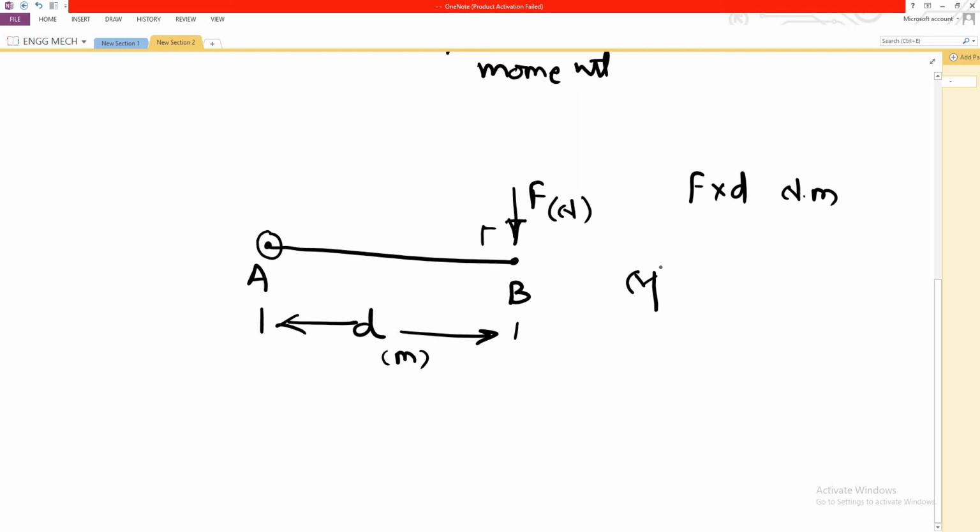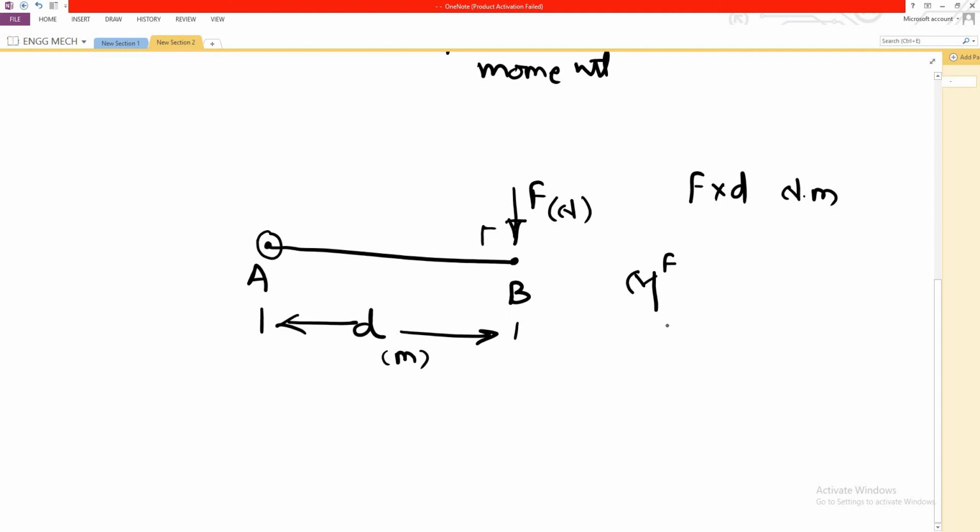Now when we say moment of a force with respect to some point, a reference point, because here in this case when we say bar AB is there, the force F is acting at a point and the bar AB is having a span of D, and with respect to point A the force F is at a distance D. Therefore we have to mention that moment of a force, and we have to note down the exact point of rotation, or let's say the reference point, the point with respect to which this force is creating moment.